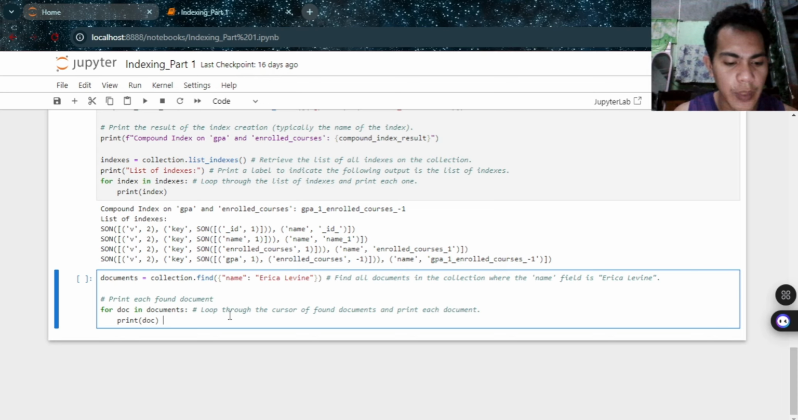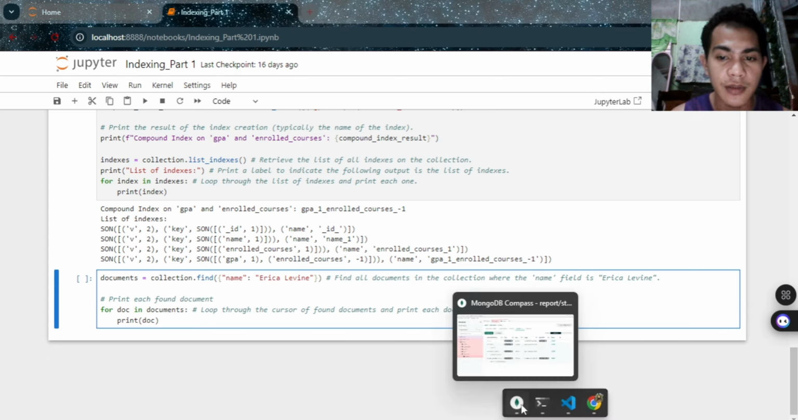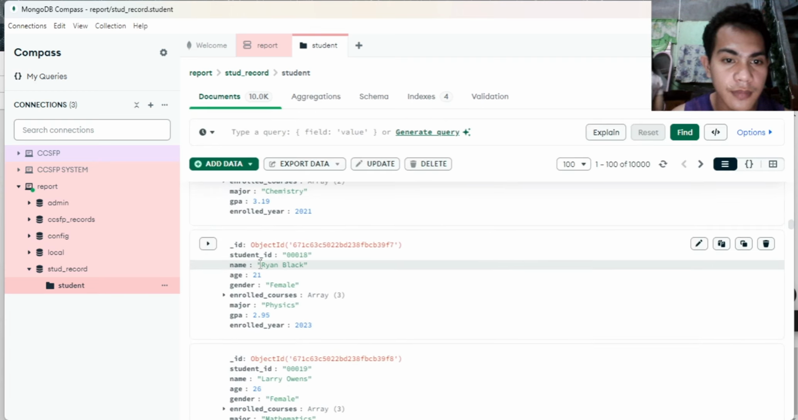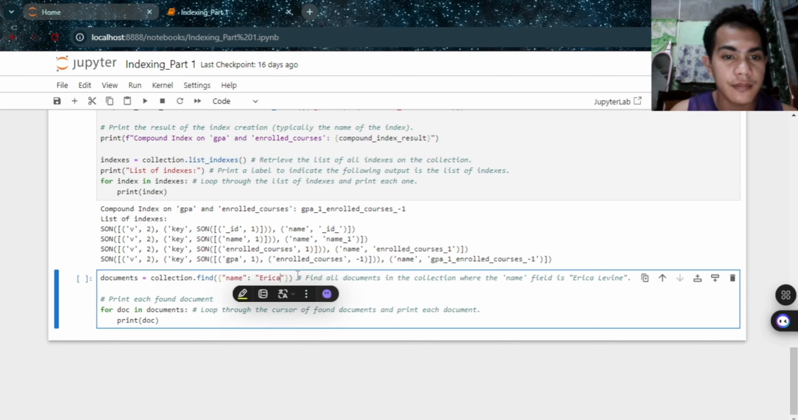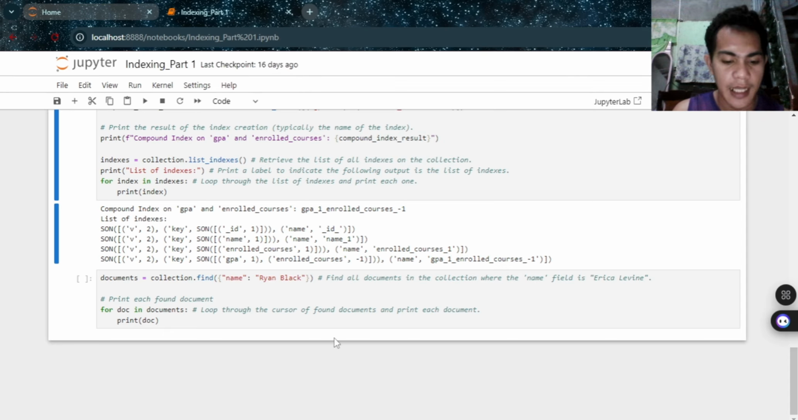And now we also perform queries to find specific documents. For instance, we create a query to find all documents. We also perform queries to find specific documents. For instance, we can find all documents with the name Ryan Black,